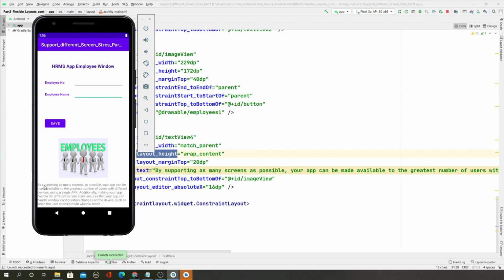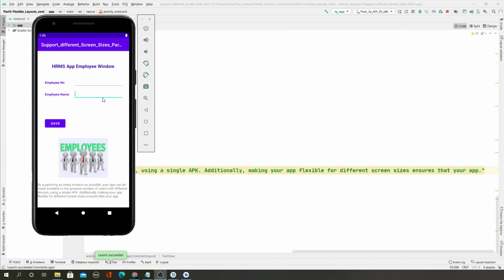We are continuing it. So you can see now it has occupied the entire width. But if you are thinking the height is also occupied completely, that's not correct. So probably I will reduce some of the text, then you can see it, right? Okay, so we reduced some of the text.